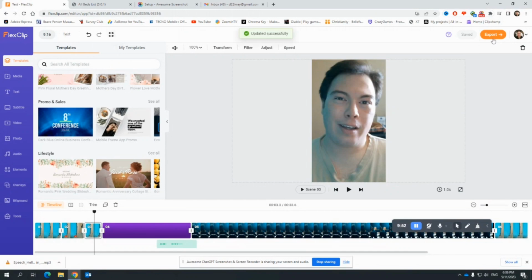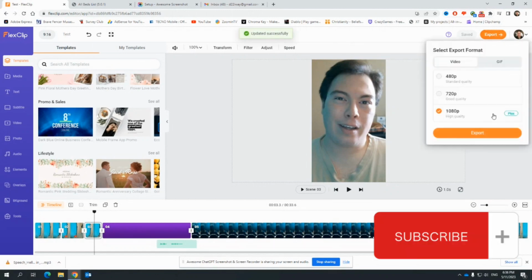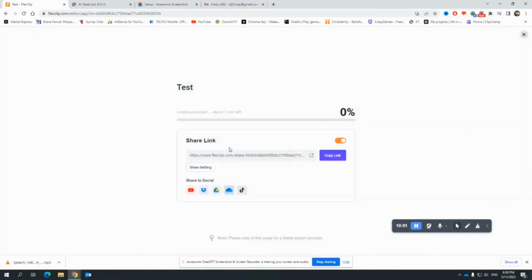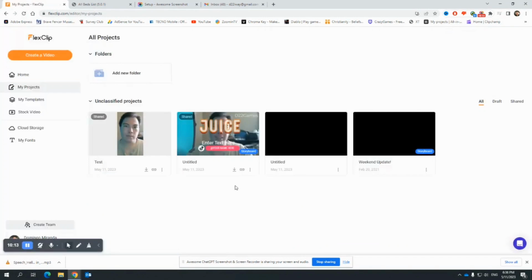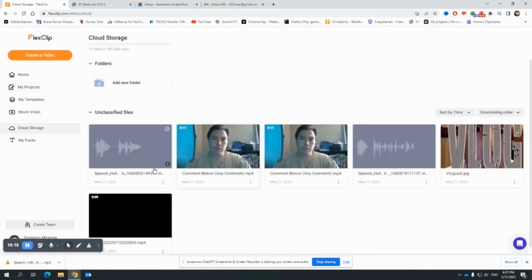And once you're done with everything, you can go to export. You can rename your stuff on the top left there, and it updates it. So it saves every time you edit, which is really nice. So you can export it to full 1080p if you want, and then it just goes through the whole process where you can share to YouTube, Dropbox, Google Drive, TikTok, and OneDrive, and that way you can share it on various sites as you prefer. So it saves your projects automatically on the cloud,